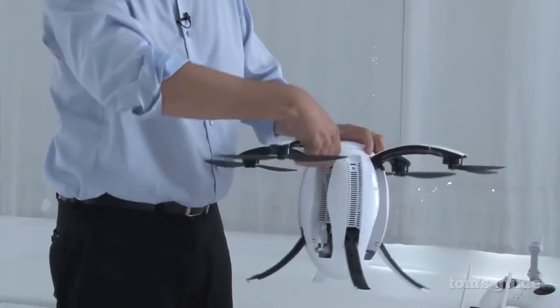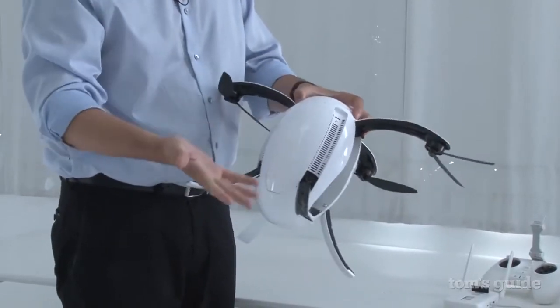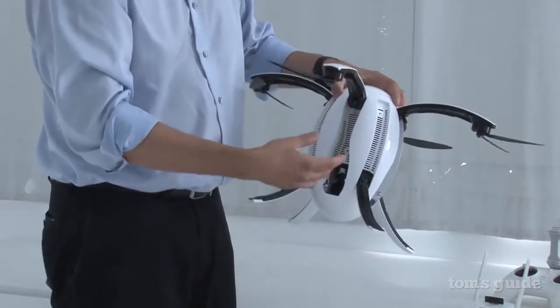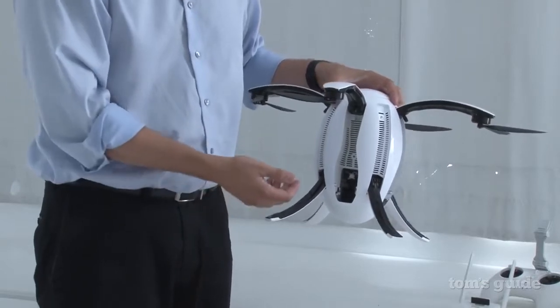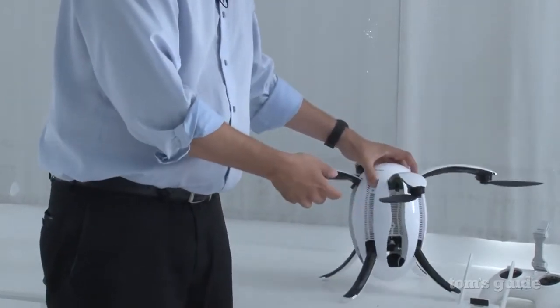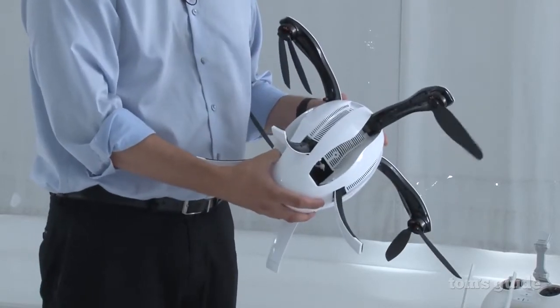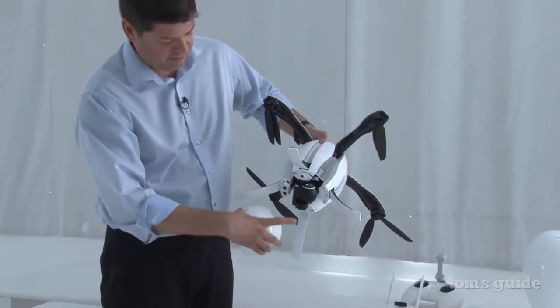The arms themselves have a little lever here, and they just fold in like that, so it stores easily. And the legs will automatically retract when it gets within a certain distance of the ground. It's pretty wild. It weighs about 4.6 pounds, and this bottom part pops off, and you've got a